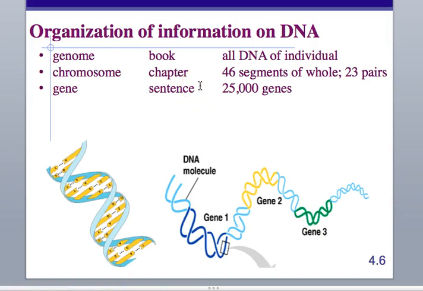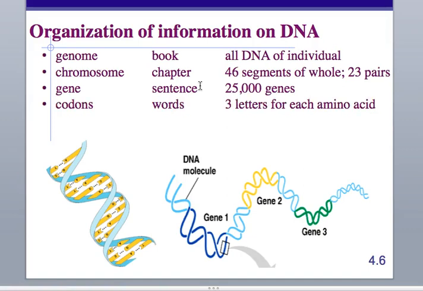We have probably 25,000 genes that we know of. That number may even have changed as of yesterday, because we're always figuring out more and more things. Things that we thought were individual genes are turning out to be the same, and things that we thought were quote-unquote junk DNA are actually incredibly important, so it's a very fluid number.